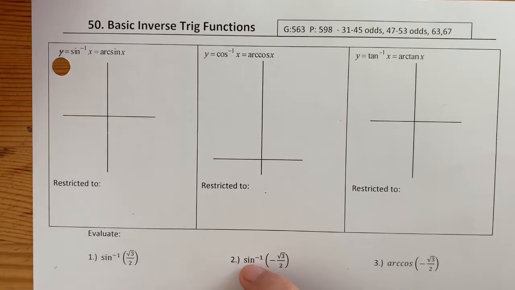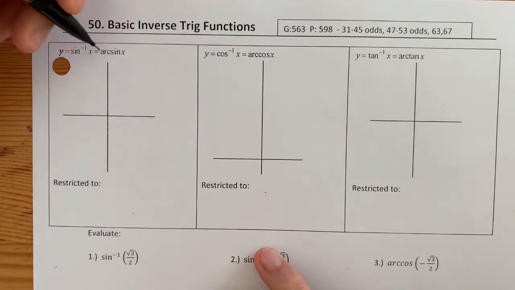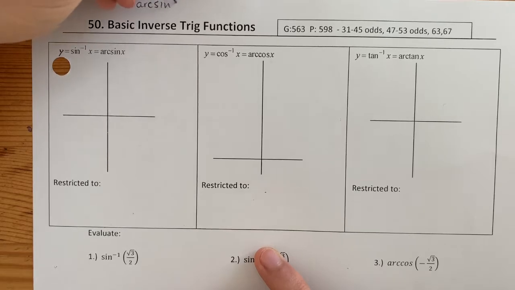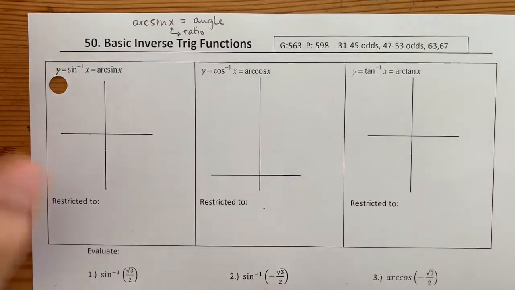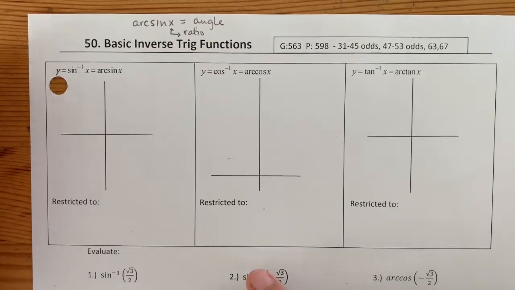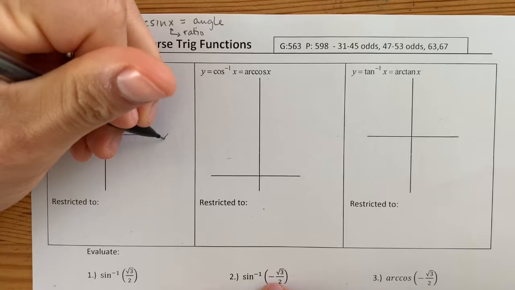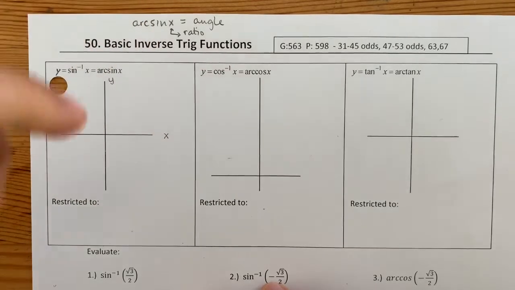And what that means is you switch the x's and the y's. Just as a reminder, if I do arc sine x, what I'm plugging in is the ratio, and it equals the angle coming out. Wait, in case we're wondering what the pieces represent, we're going to switch the x's and the y's, and let's think about